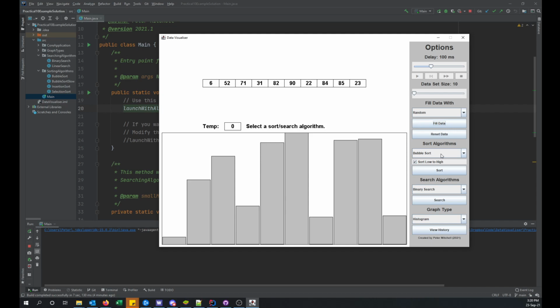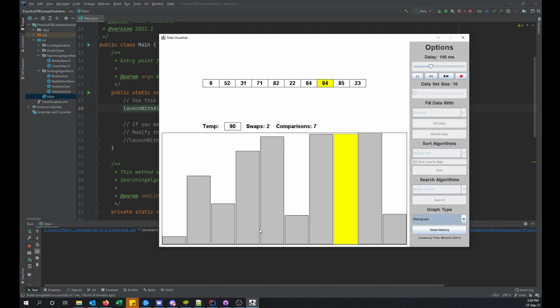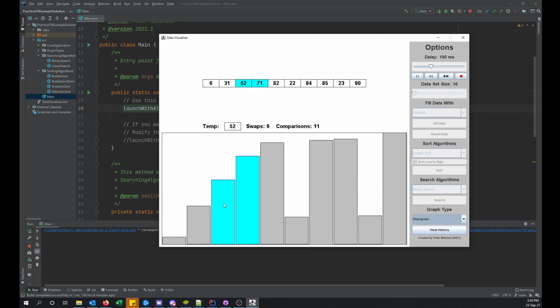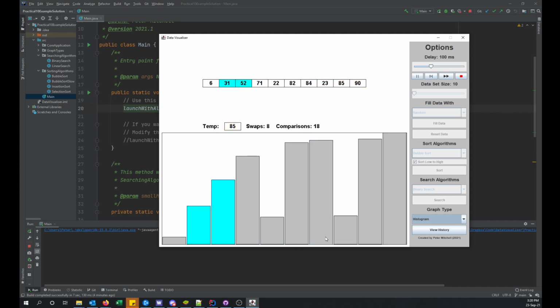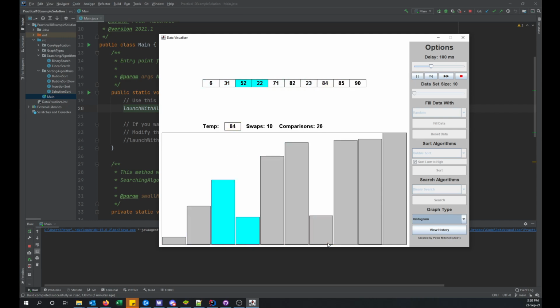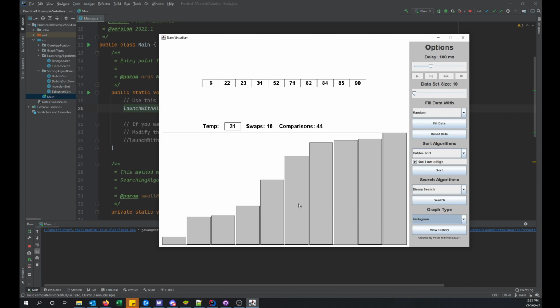If I use the sort algorithms button, we can then sort the data from left to right. You can change the direction of that, and we'll talk about that in a moment. But first, if I click sort, you'll see as we're going through, the cyan color is indicating that there's a comparison happening, and the yellow is indicating that there's a swap happening. Every comparison has a pair of elements being highlighted as being compared as a less than operation. And then the yellow is indicating that there's an assignment happening, swapping a pair of elements,